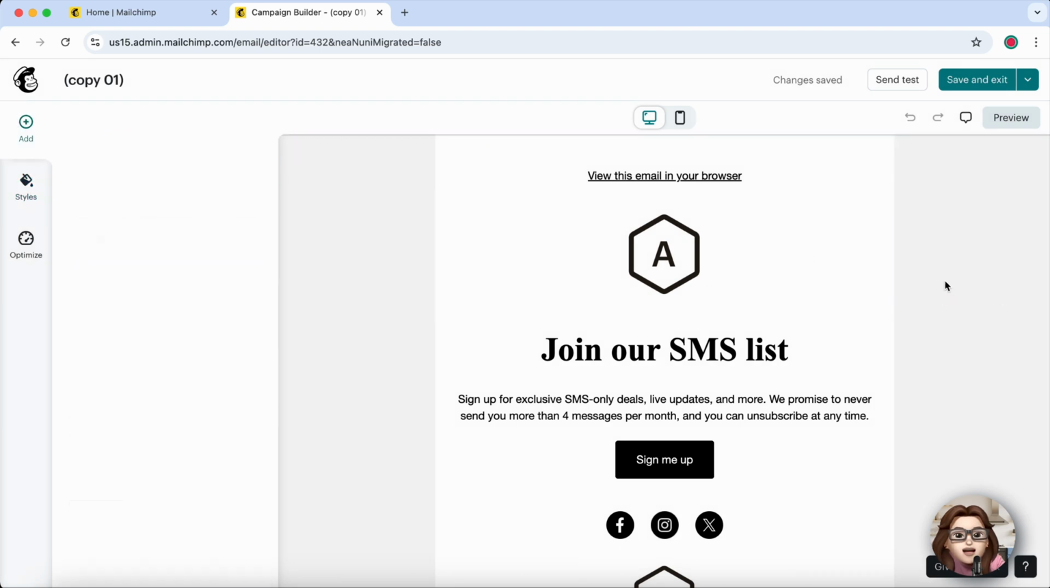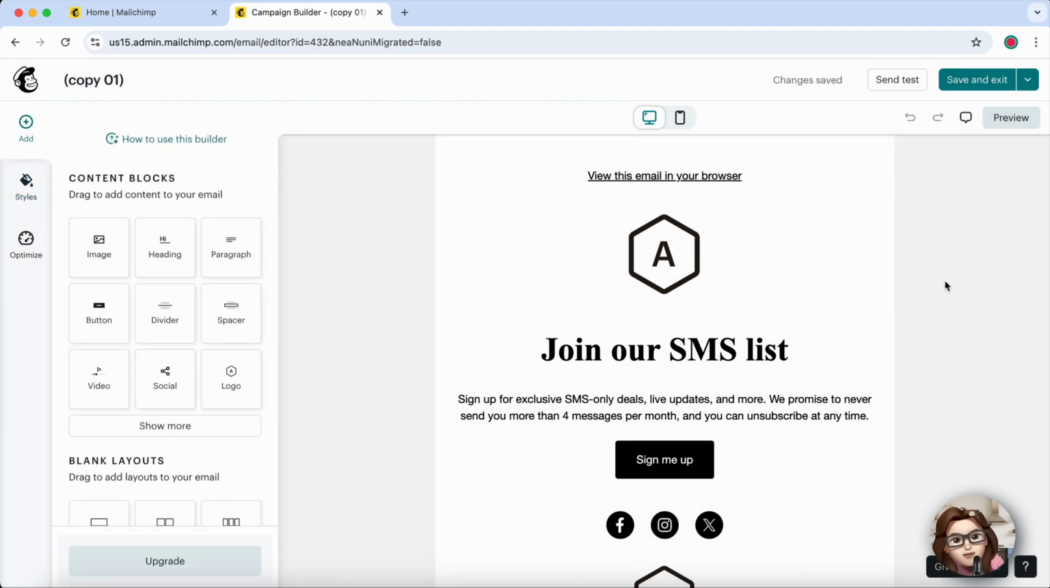And that's it. Editing a Mailchimp campaign is quick, flexible, and gives you full control over how your emails look